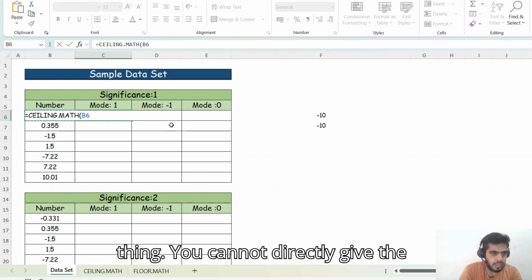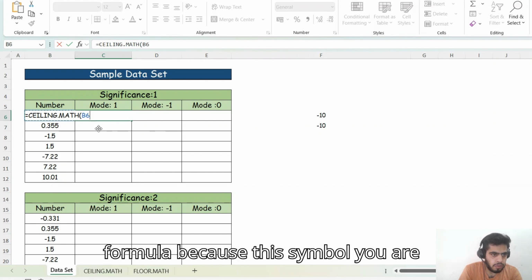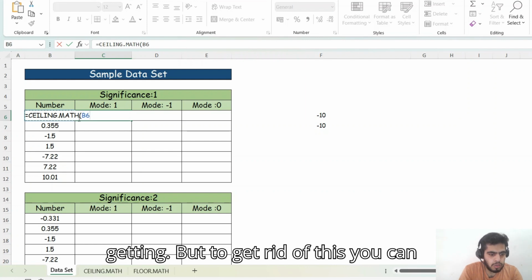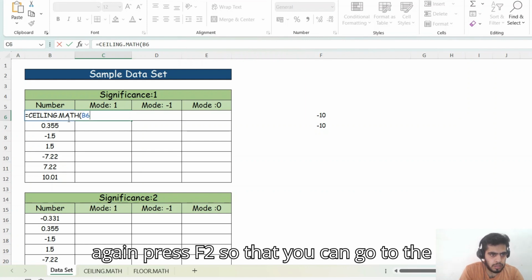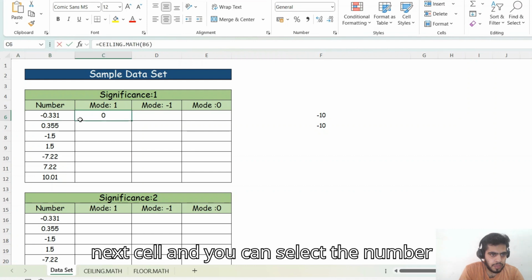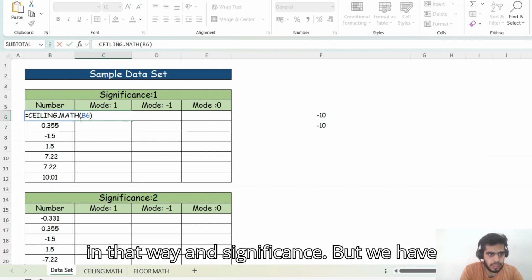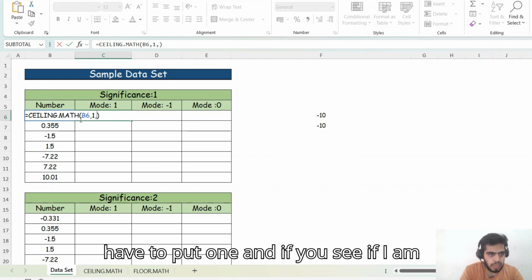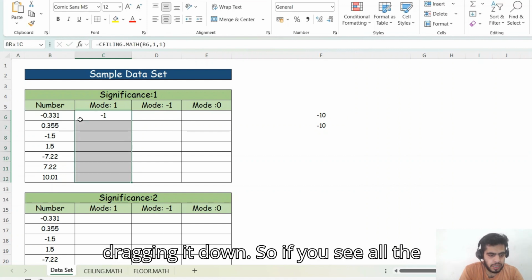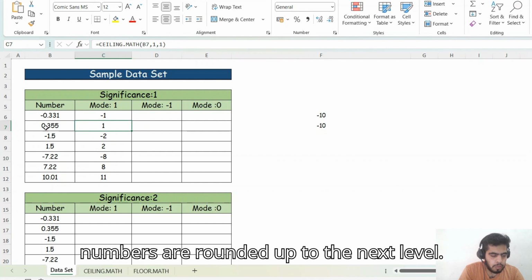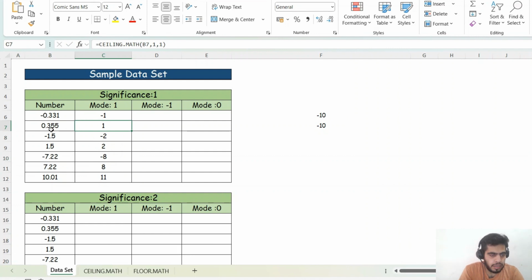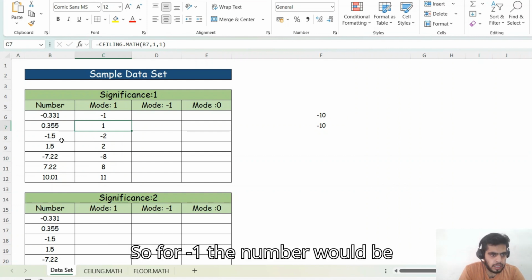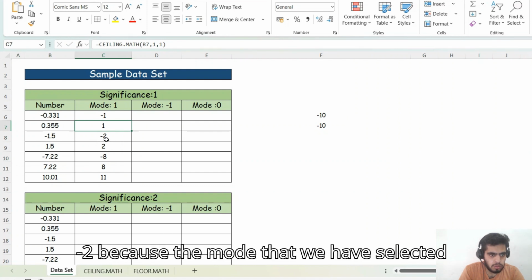You will notice one thing. You cannot directly give the formula, because you are getting this symbol. But to get rid of this, you can press F2, so that you can go to the next cell and select the number that way. For significance we put 1, comma, and for mode we put 1. And if I'm dragging it down, all the numbers are rounded up to the next level. So for -1, the number would be -2, because